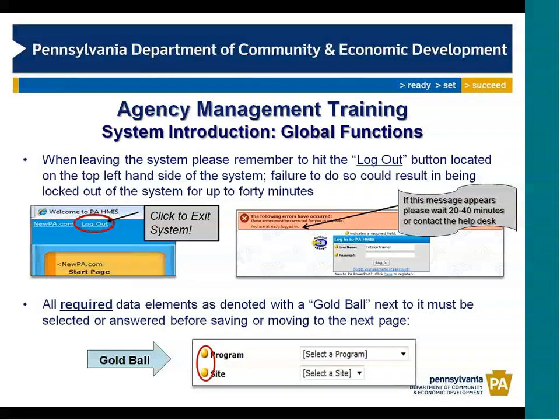A couple of global features I want to make sure everybody's aware of. We still have the log out feature. When you're done with the system, you do need to explicitly log out of the system. Failure to do so could result in being locked out of the system. If you try to log in and you get this, you basically have 2 courses of action. You can wait either 20 to 40 minutes, and the system